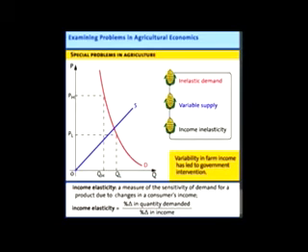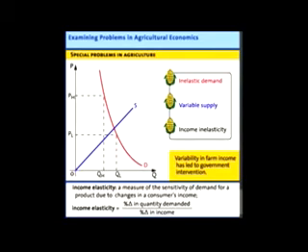We have now in the United States a vast array of agricultural policies designed to deal with this problem. And that's why economists like to talk about agricultural markets when it comes to a discussion of government interference in the market, its causes and its consequences, both intended and unintended. So let's look now at how an agricultural market works and how particular government policies may end up actually making